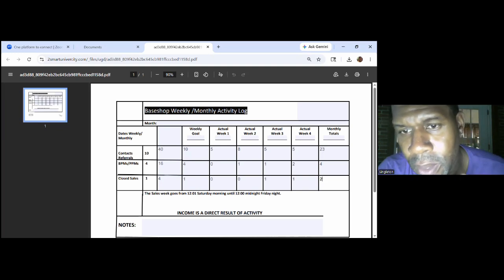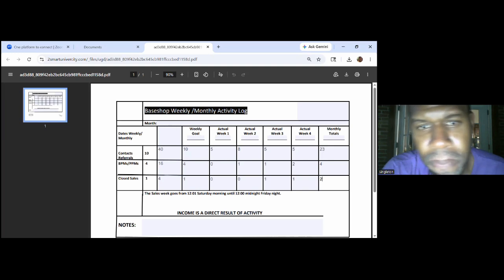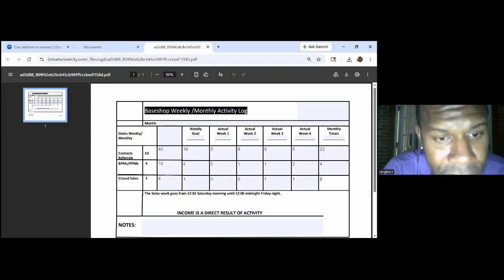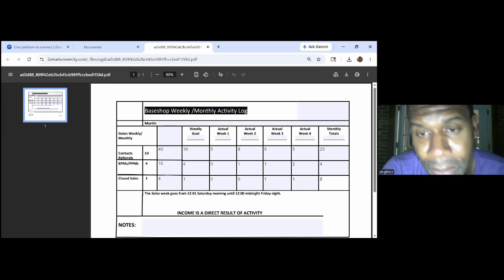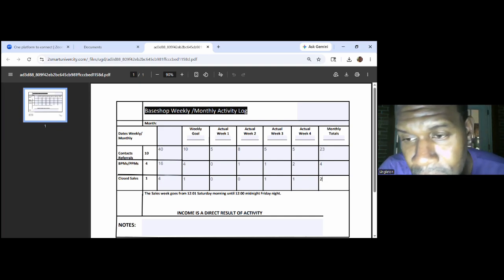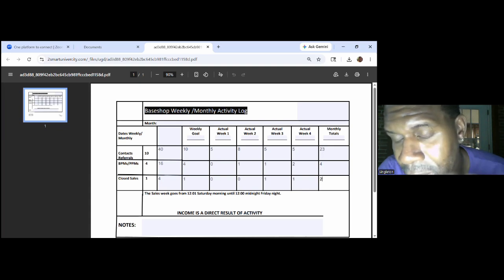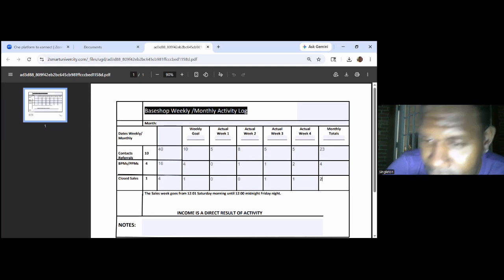All right. So, like I said, this chart here, you use this to keep up with your activity on a monthly basis. Does anybody have any questions about the activity log? And you can get this sheet out of the Two Smart University.com back office. Under documents, you'll see this fill-in sheet, not the PDF, but the other one. All right, so no questions. I guess everybody understood it.